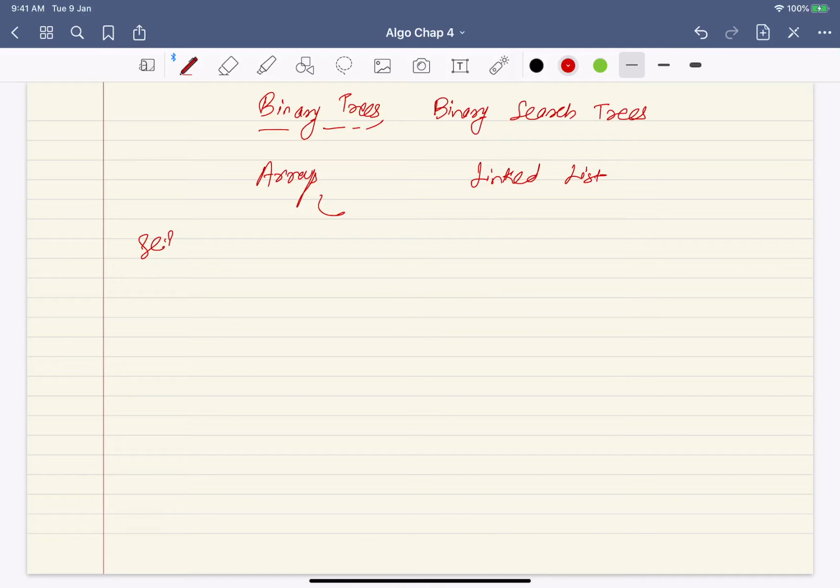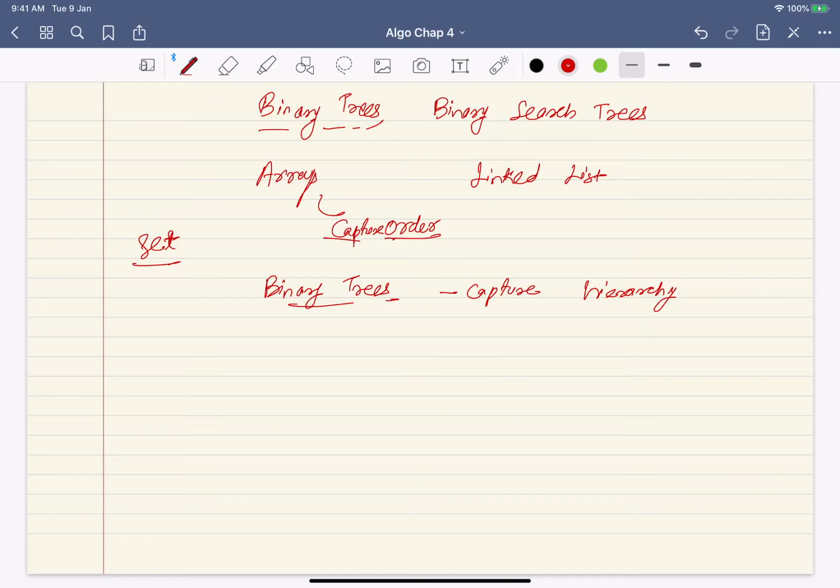A set is the most basic thing, where you have a set of elements, but arrays and linked lists capture an order between the elements. But in the case of binary trees, they capture some sort of hierarchy. And they are very crucial in terms of data structures.